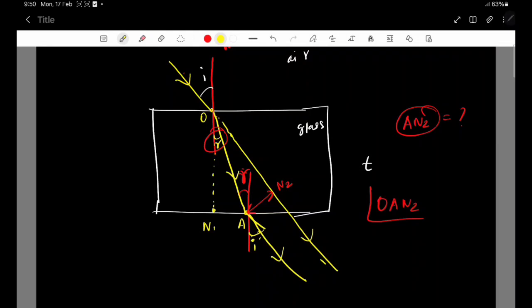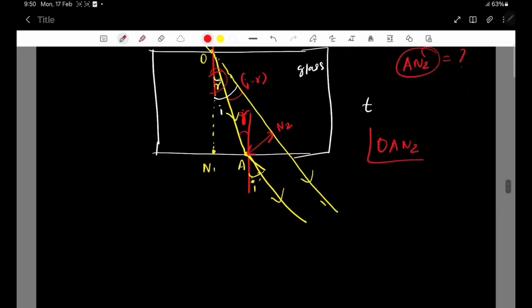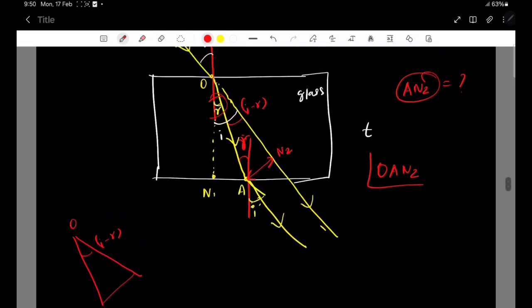You can very clearly understand one thing. So this angle is I, and this angle is R. So this in-between angle should be I minus R. Now I will draw the triangle alone separately so that you may have very clear visibility. So this is I minus R, and it's O, A,